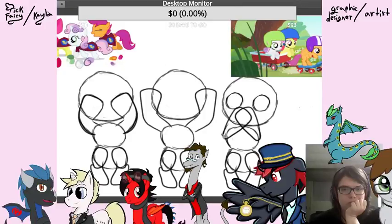Out of curiosity, it's a pony project for animators, so anyone who's an animator and a brony and wants something to do with Doors. There was originally Doors 1, which is based upon this other animation, an older animation by Stick Figures, which basically went from the right side of the screen to the left side, going past doors in the background. The scenery would keep changing, and the characters would somewhat interact with it, constantly going side by side and changing from animator to animator, and you could get anywhere between as little as a second to 10 seconds